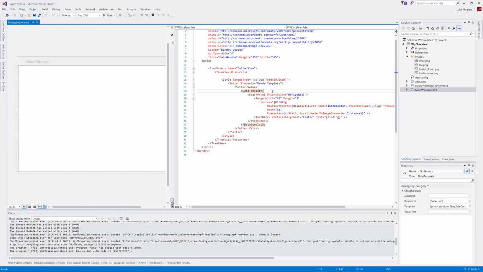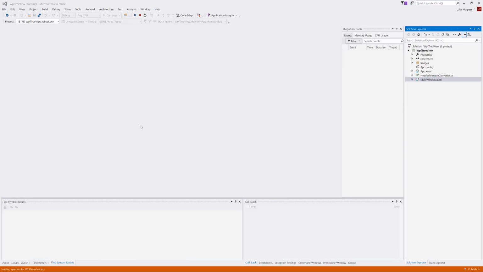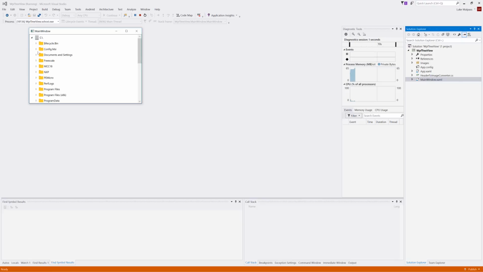So hopefully that was a useful video, and you can, like I say, carry on and expand this. You could have it so, say, when you double click the file, it actually opens up in Explorer. So if you double click this, it runs. Or you could have it so you can right click an item and open the folder, or you can do what you like. You can just think on this. You could even go to the extremes of adding